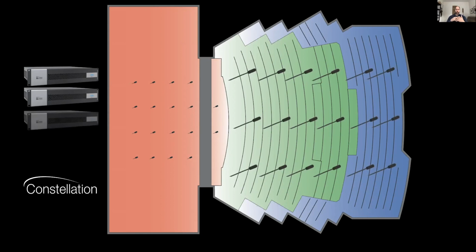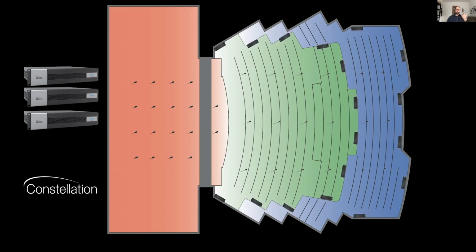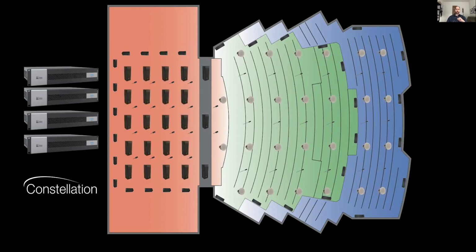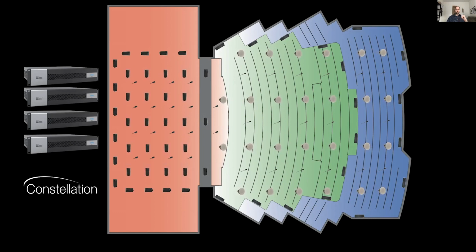We then add the microphones over the audience, and those are to capture the reverberation of the audience or the auditorium itself. And then we'll start putting loudspeakers. So we start with loudspeakers around the audience, lateral loudspeakers around the musicians on stage, overhead speakers above the audience, overhead speakers above the musicians on stage. And then last but not least, the subwoofers, because we want to be able to recreate the entire frequency spectrum